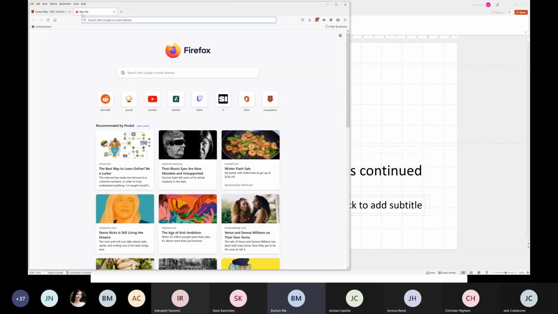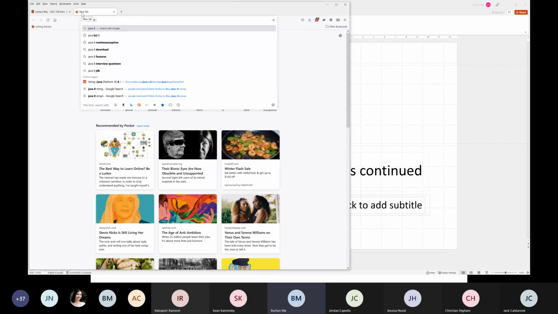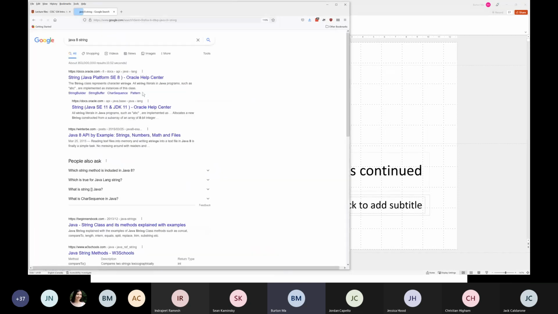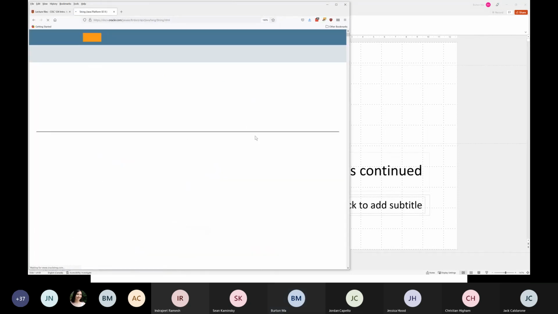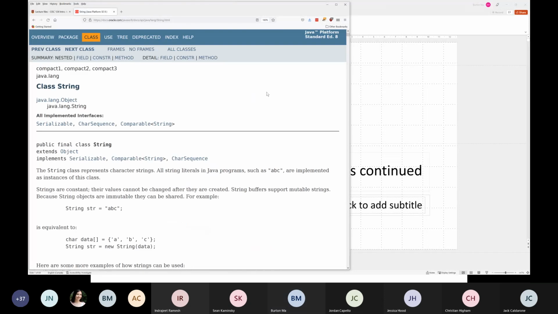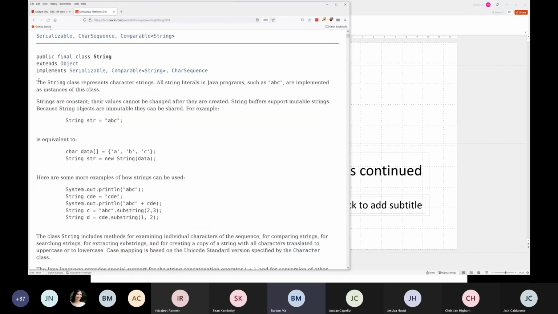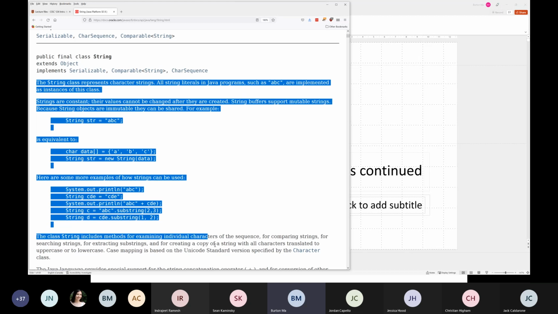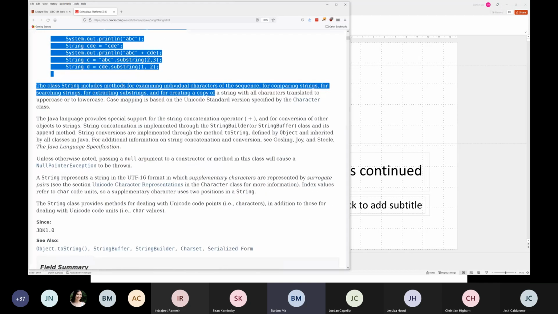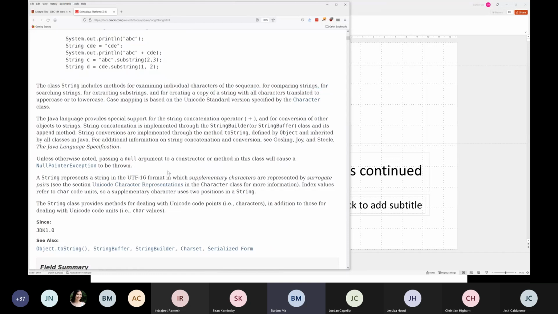So for example, if you look at the string class documentation, whoever wrote the string class documentation went through a fair bit of trouble to describe the purpose of the string class, right? In the description, you're also going to include